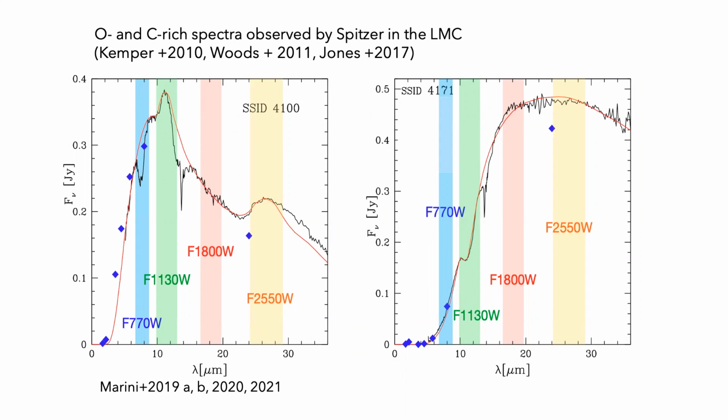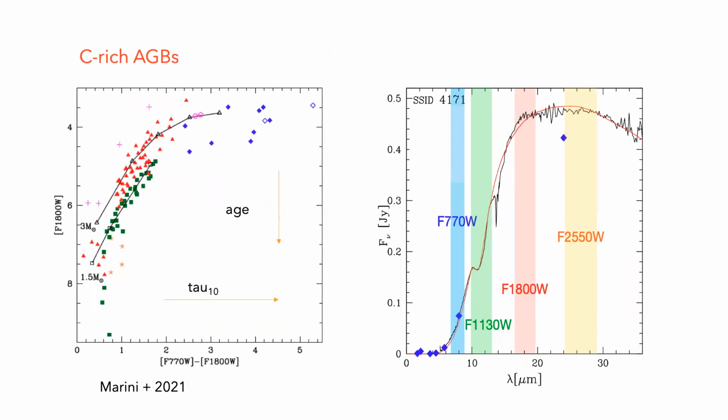were observed by Spitzer in the LMC, reproducing the spectral energy distribution, comparing them with our models, and convolving them into the filters. She found which can be the best combination. And here is one example, I show only carbon-rich stars. You see here in this combination with the 7.7 micron and then 18 micron bands,